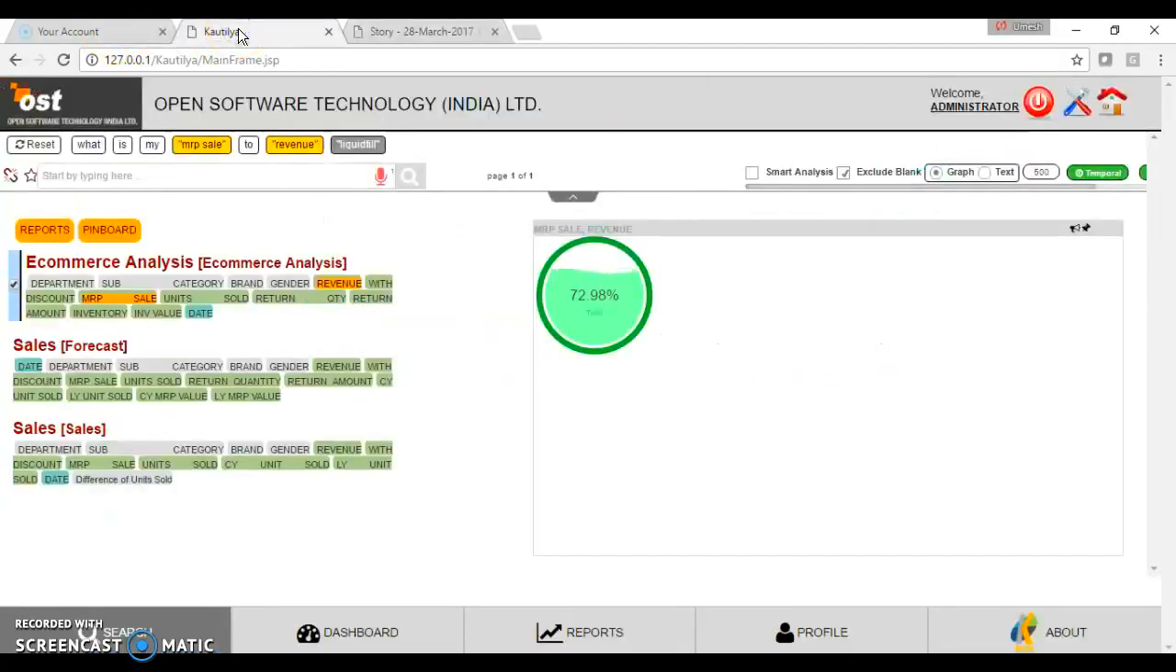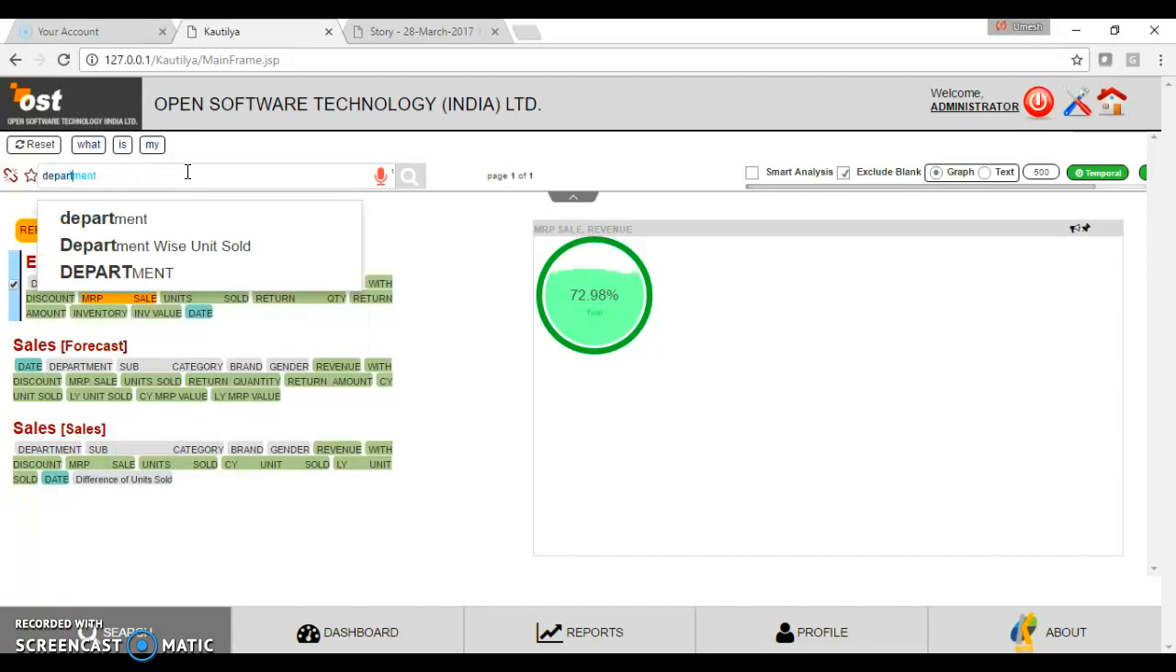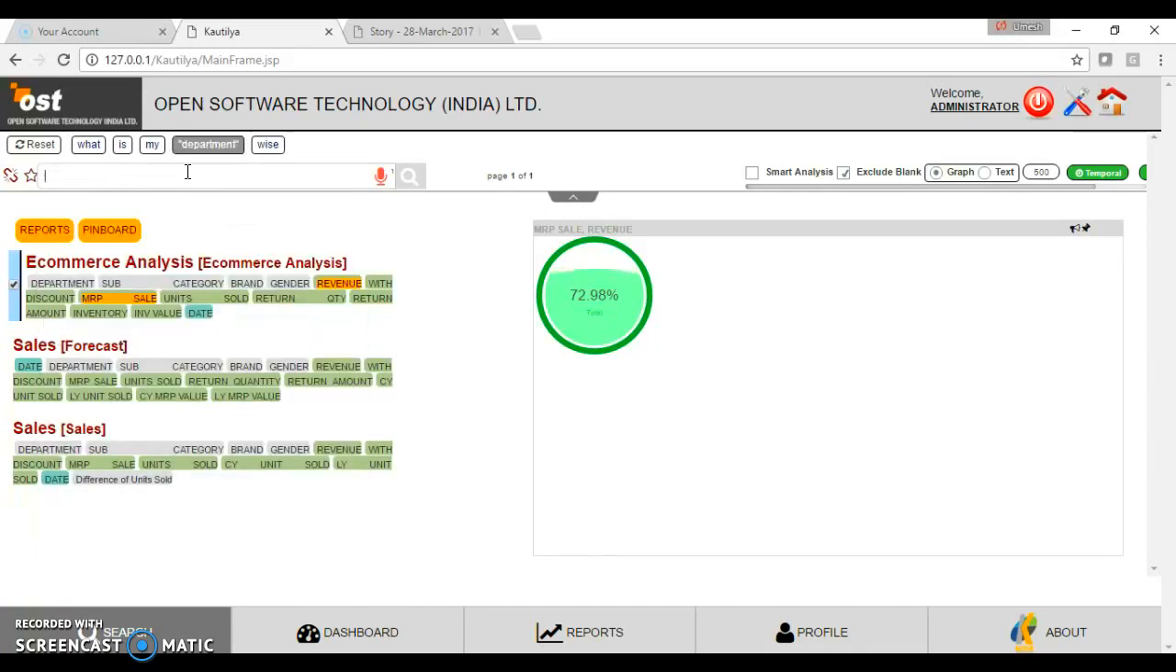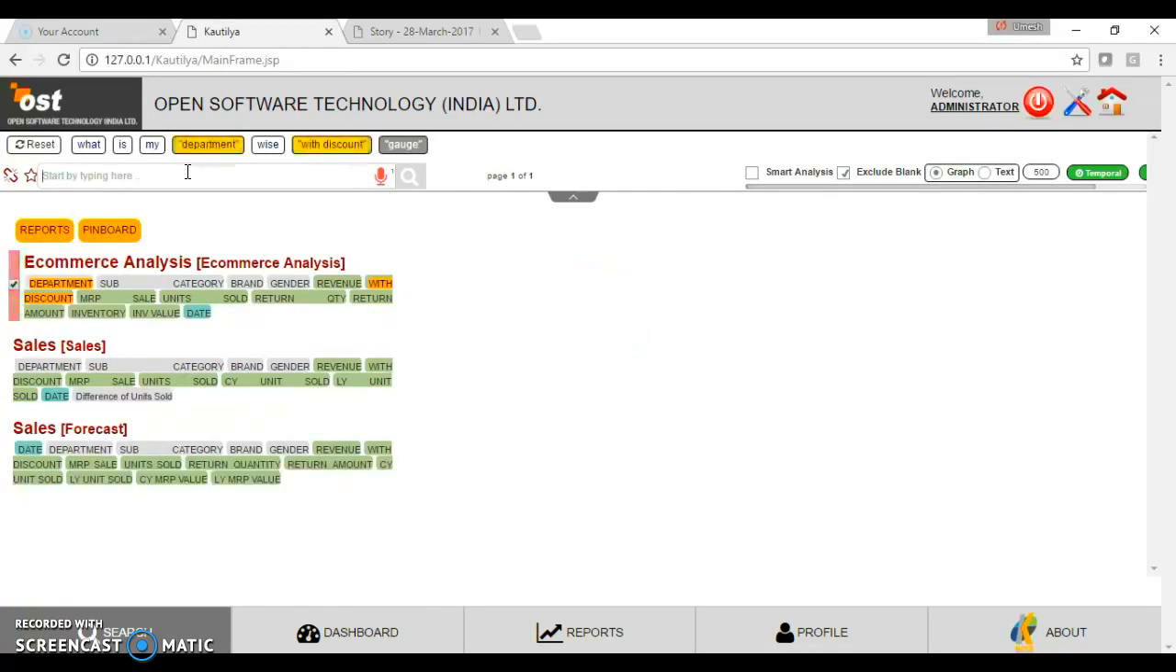Come back here. Now that I have a few of these things, say, you know what, I really just want to now go ahead and get some of my dimensions and measures coming together. So if I say, what is my department wise, let's say with discount sales, and I'll say now give this to me in a gauge. So again, the moment I do this,